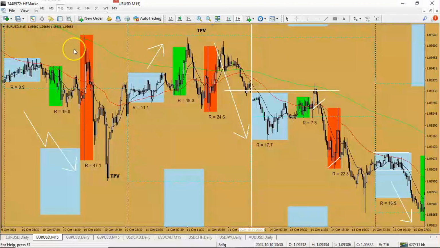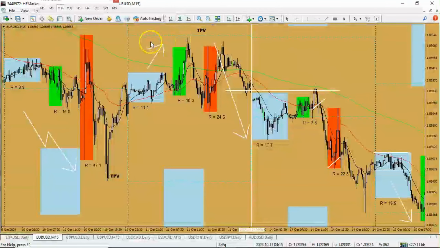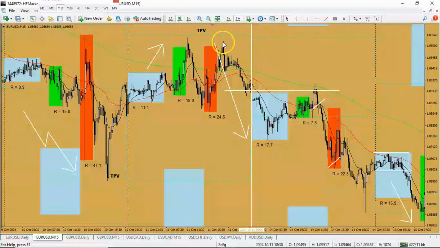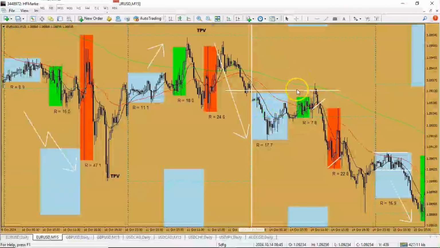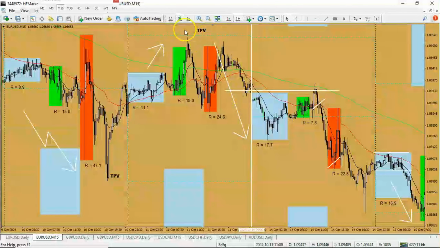So realize that we have a high on Thursday, the London high and the New York high, but realize that each high is lower than the previous, suggesting that there is some amount of trap volume at this area that the market will not release by taking price above these levels. Realize that the London high is below the New York high, and the New York high is below the Thursday high. So coming into the London session, I see that price has dropped, or is moving away from this trap volume area,